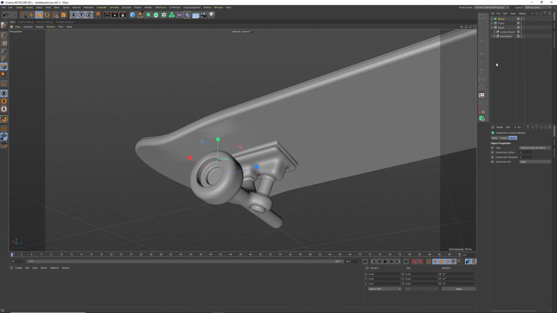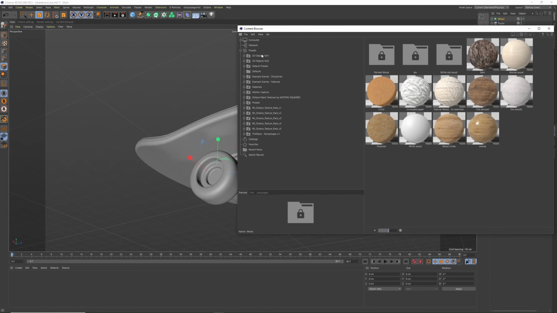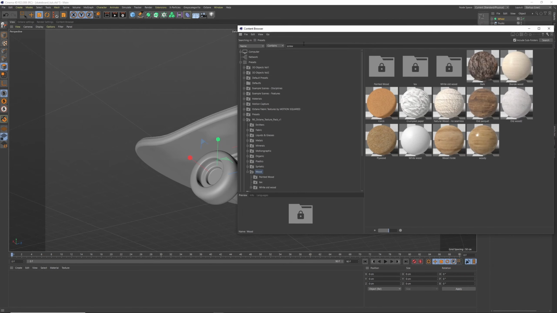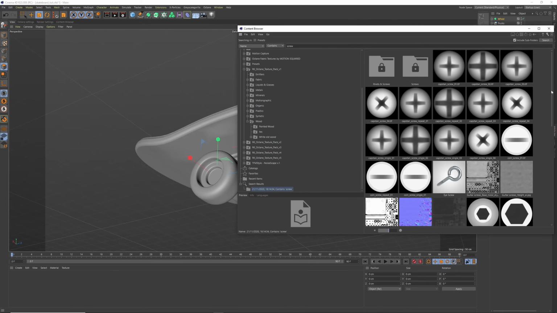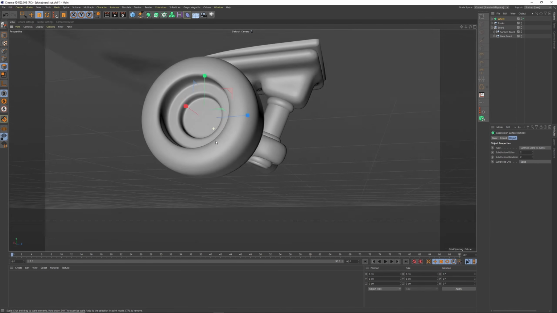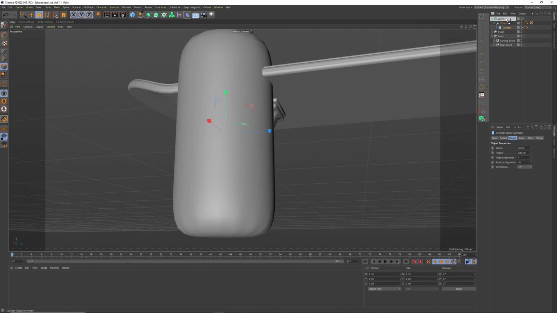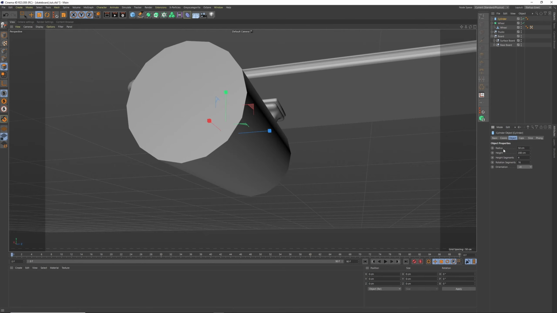Okay, so the first thing we'll do is, well, what you can do actually is, if we go to the content browser, you can search up here, like for screw or for bolts, and you might find them in there. But I'm going to try and do some of it in here. So I'm going to put some sort of bolt on here. I'm going to get a cylinder, and I'll PSR it to wheel. I'm going to go +X,